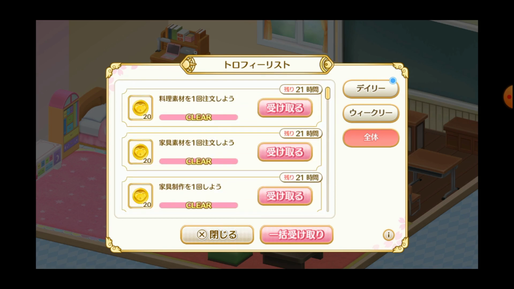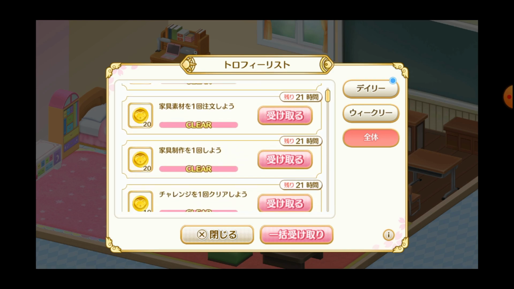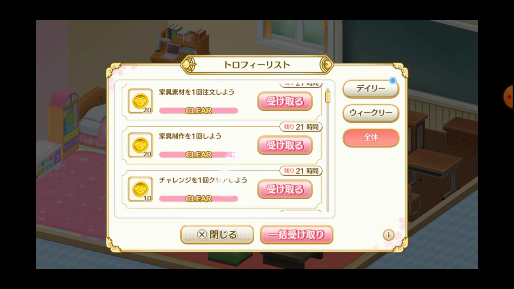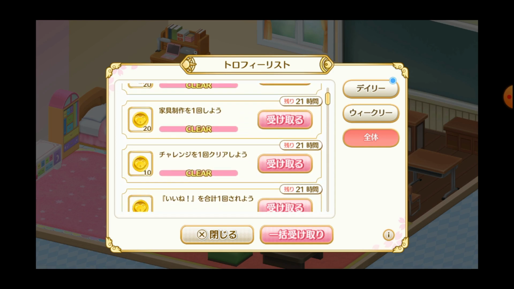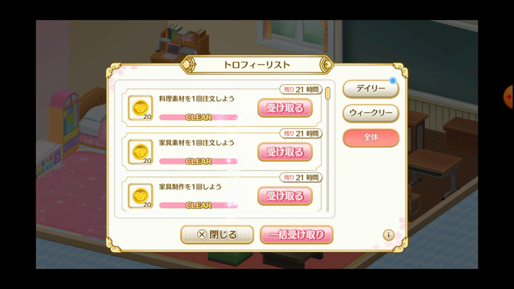So here we have make an order for a food item, make an order for a furniture item, make an order for a clothing item, or fabric material. That's what all of those mean. Now,